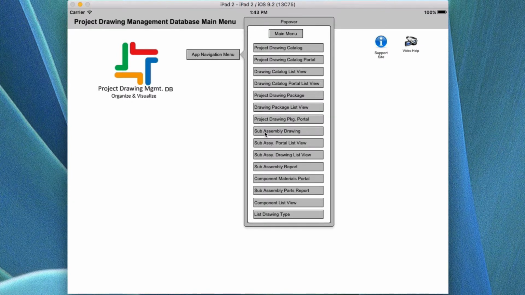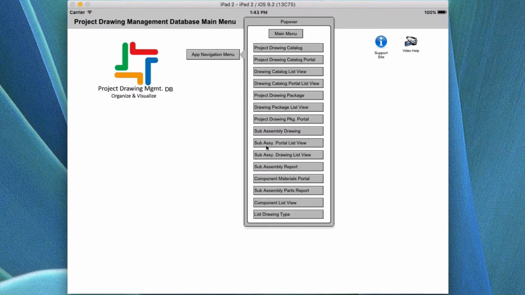For example, there may be a partial part of an assembly that can be pulled out and become a subassembly of a subassembly that goes up to a major assembly and then up to the top level. This gives you the visualization of where everything fits together and how they all work together to make up the